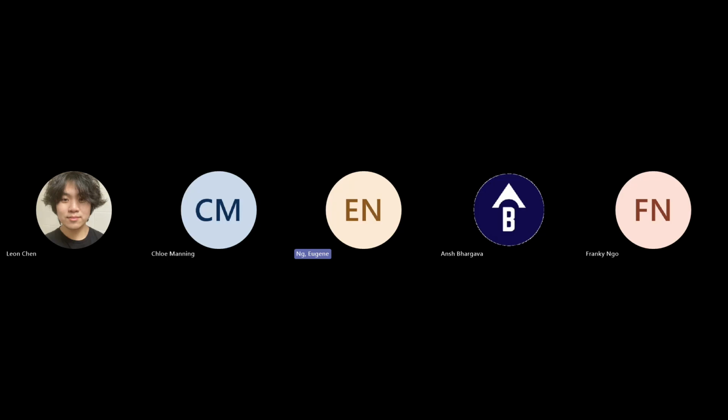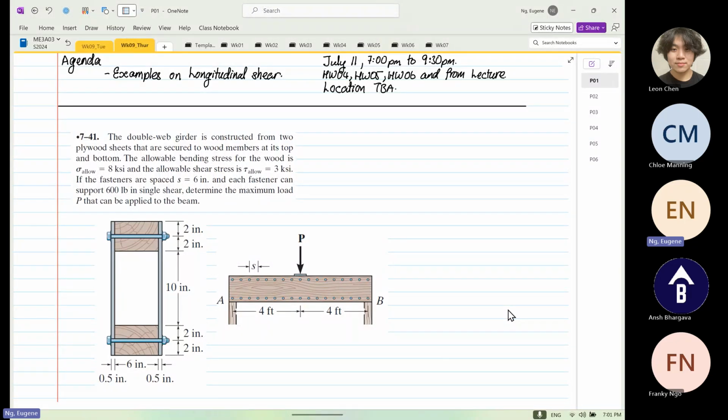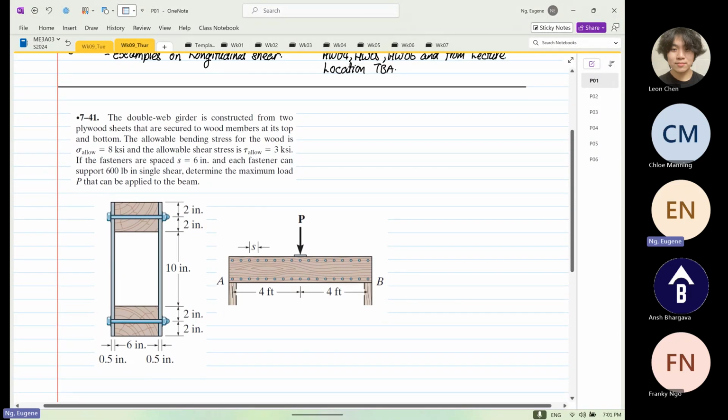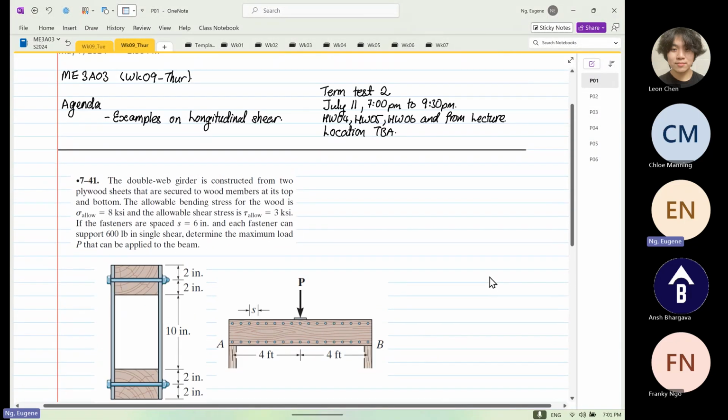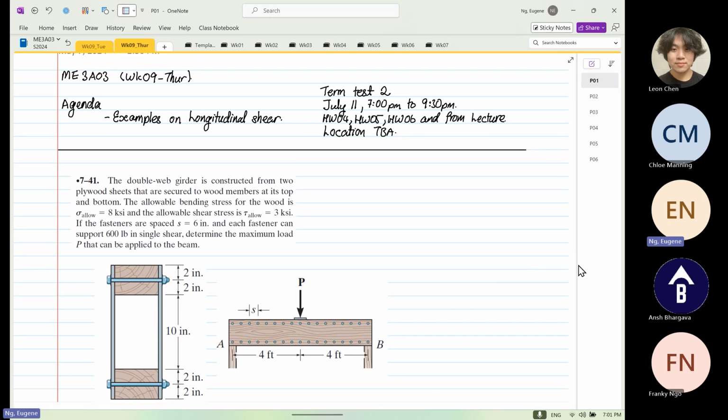I'm going to continue on the example that we've been doing on last lecture. So I'm going to continue on example longitudinal shear. But a quick reminder